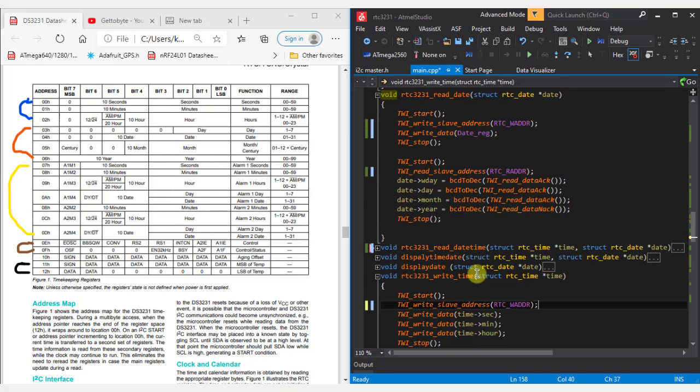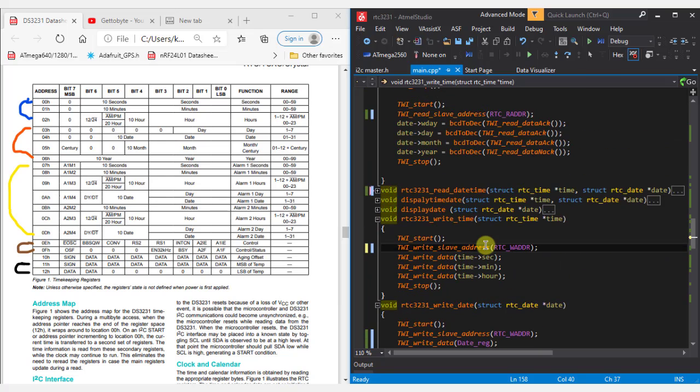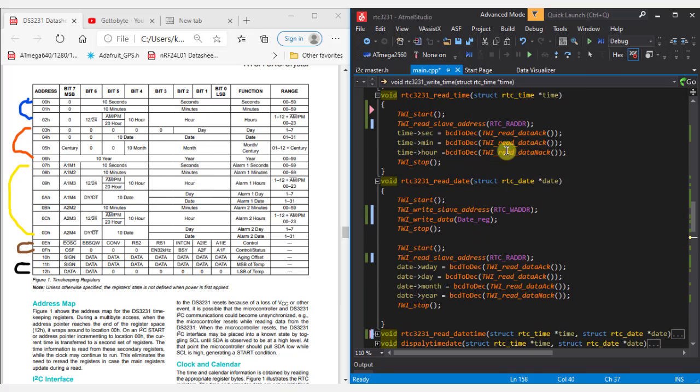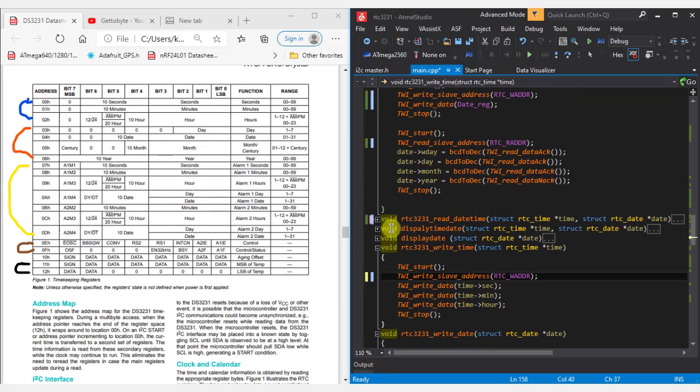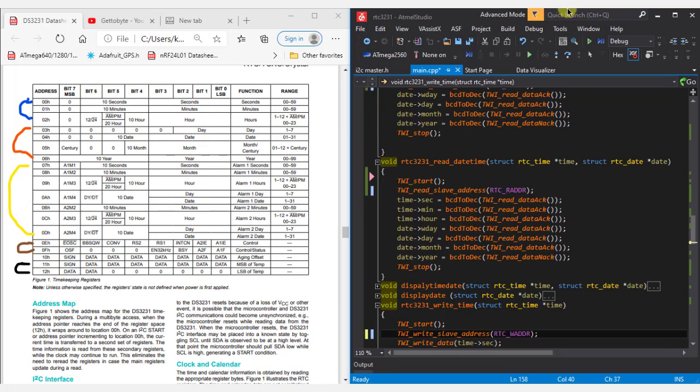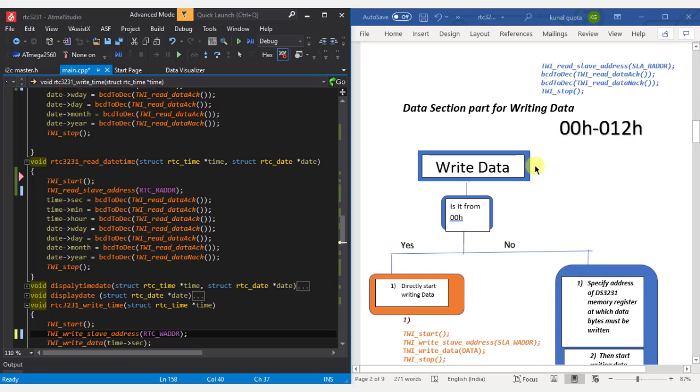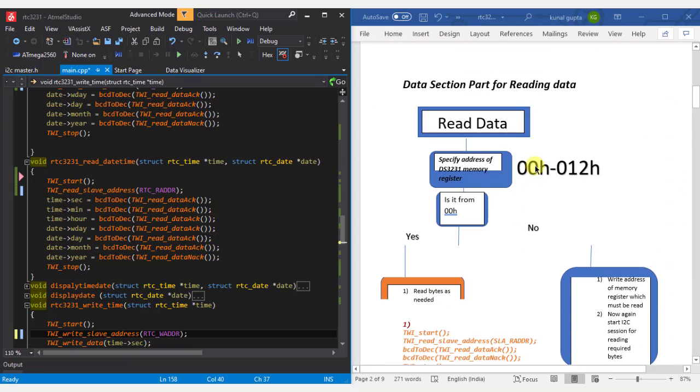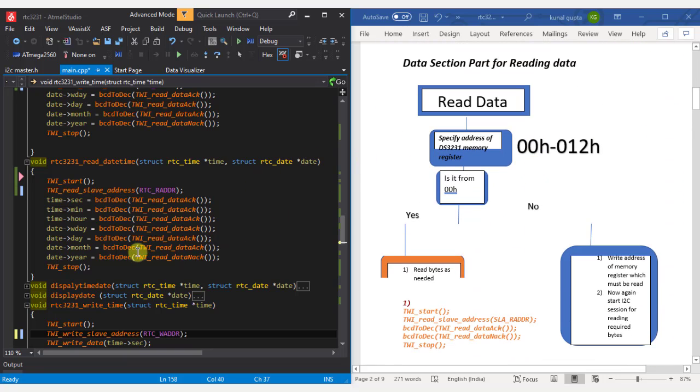In the same way, I have told you how to write time, how to write date, how to read date and how to read time, as I have told you in the read operation case. Now as we are reading date and time both, first reading the time, we don't need to specify the memory register as it starts from 00h only.